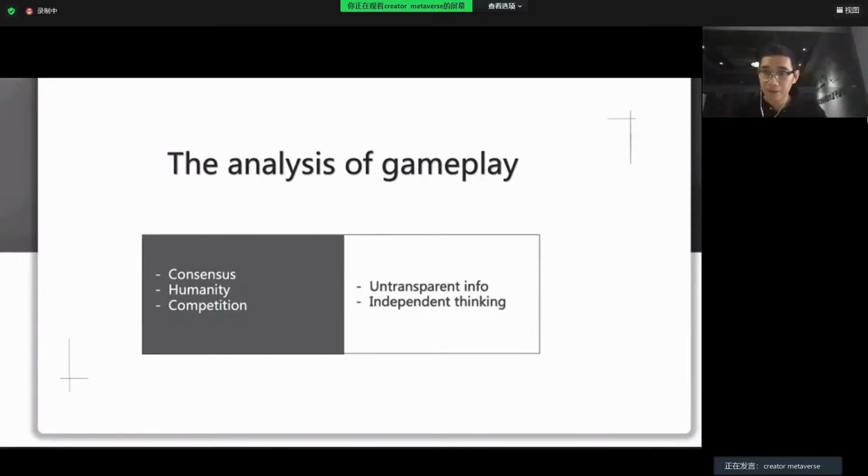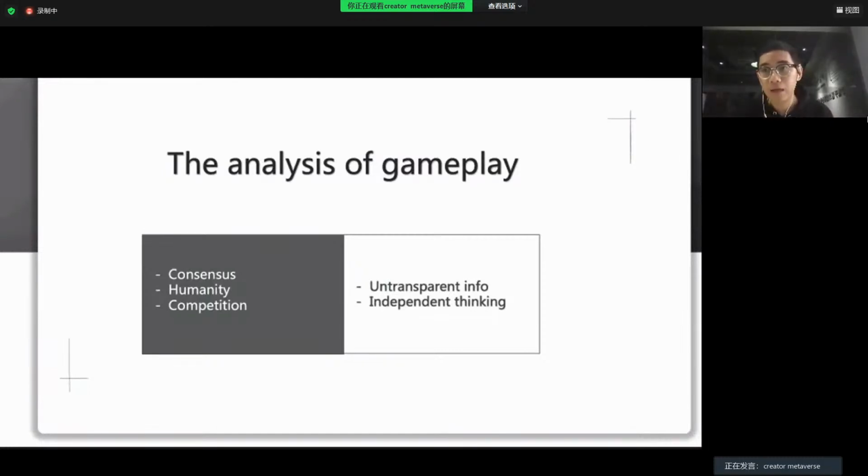And also there are some competitions inside the game, because different groups want to discover different worlds, and some of them want the reproducibility to be really high, and some of them want the mutability to be really high, and they will insert different numbers. And some of the groups even want to destroy the world, and they enjoy being Death Stars. So there is also competition inside this game.